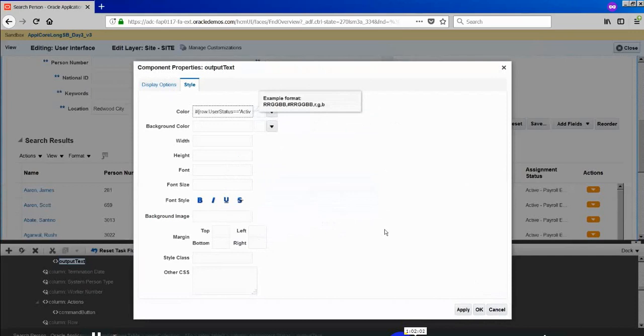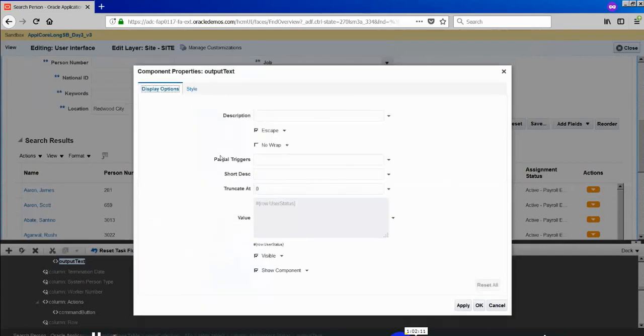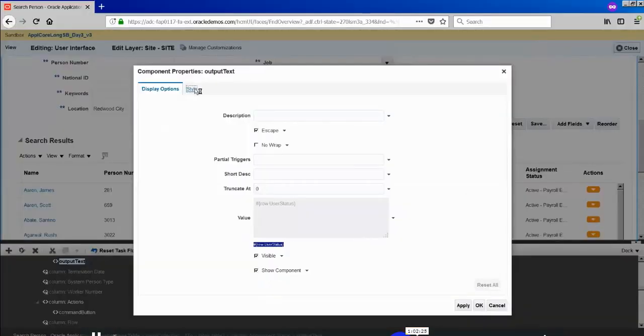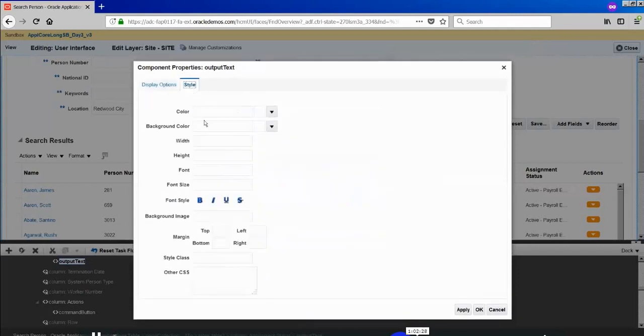So if rows, okay, so how do you get the user status here? So how do I get that status basically? So user status. If this status value, if the row.user.status value is equal to active payroll eligible, then make this color, else make this color, something like that, right? So that's what I'm going to give here. I'm going to say that if the row user status is equal to active payroll eligible, then give this color 00FF or 000, something like that. Okay, so if I click on apply,